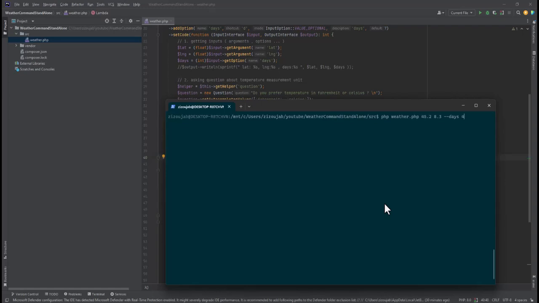First, let's see how our command will look like by the end of this video. So here I have created the command for you and we will see the end result. Our command will look like this: php and then weather.php, and then we will give it latitude and longitude and the number of days as option, and then we'll be asked to give the temperature, which will be in Fahrenheit or in Celsius, and when I type in the first character of the temperature measurement, Symfony will autocomplete for me the rest. So if I type in C, it will autocomplete for me Celsius,